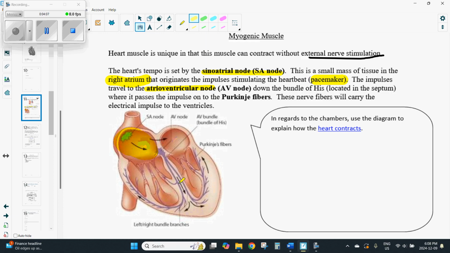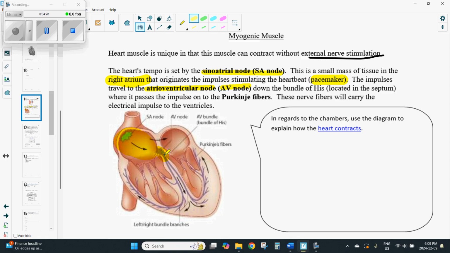And ventricular is talking about your ventricles, which are located at the bottom of the heart. And again, the ventricles are the ones that are contracting to eject the blood to either the lungs or the body. Now, they call this the AV node or the atrioventricular node because it is located right here